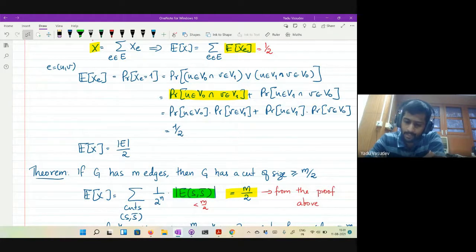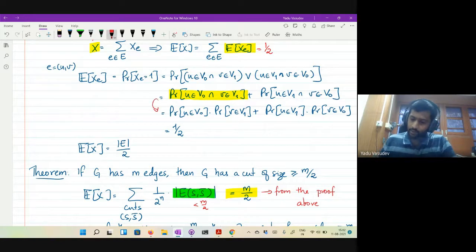We said that the probability of xc equal to 1 is half, because it was the sum of two disjoint events, and each event was the intersection of two independent events. So this step required the fact that the event that u is in v0 is independent of the event that v is in v1. Correct?